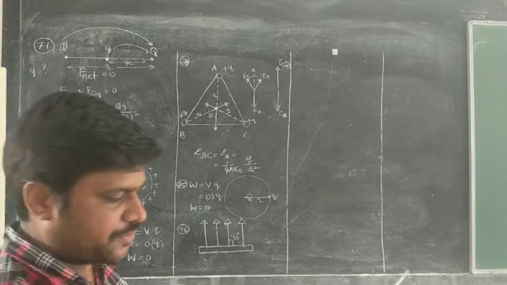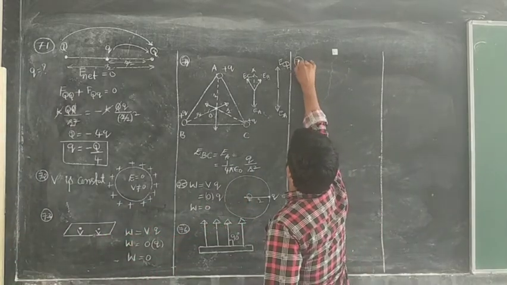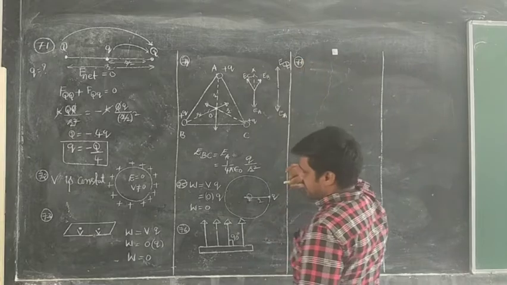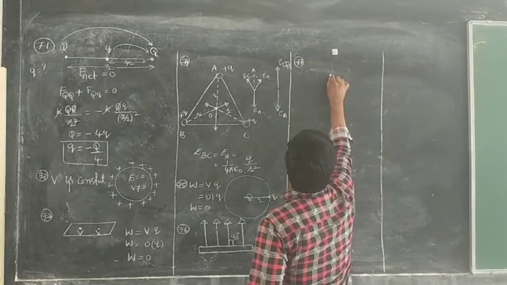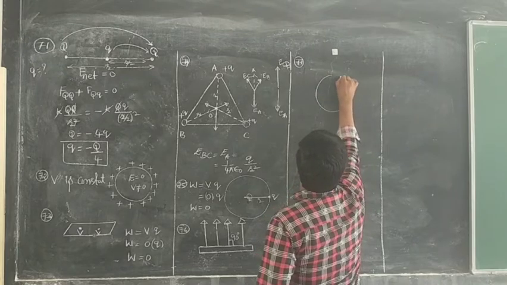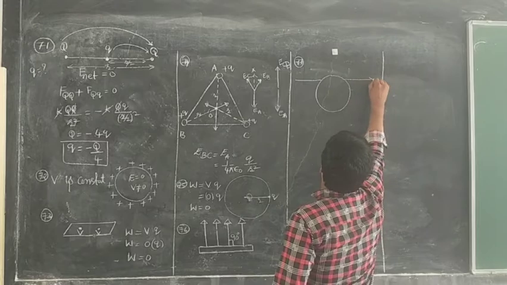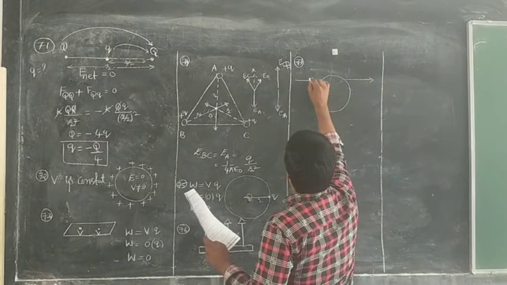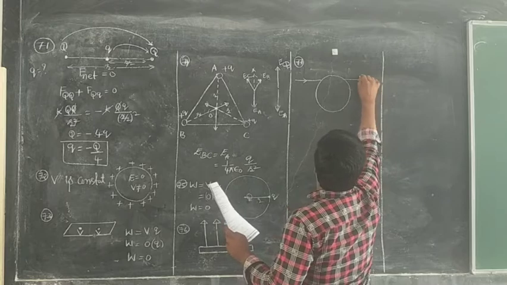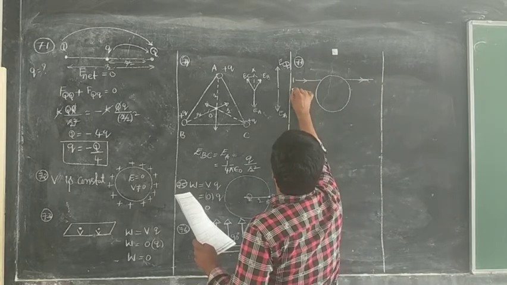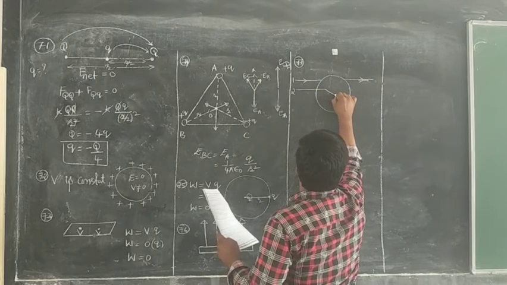Next, see problem number 77. I am going to take here 77. In the 77 problem, they have given a diagram in your notebook. There is a material in which there are 4 electric field lines. Now this is the first electric field line, and this is the second electric field line.